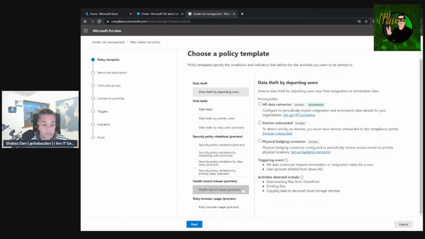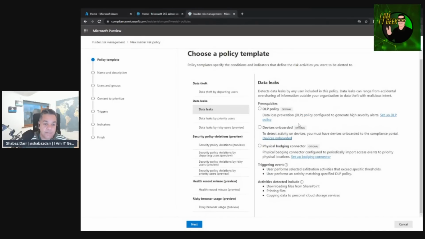That was a health record misuse that was in preview. That was a risky browser usage that was in preview, if you remember. So let's go with data leaks for this one. And then on the right hand side, we then have the data leaks we can select. So we can have a go for DLP policy, devices onboarded, physical badging connector. So if we just go for DLP policy,